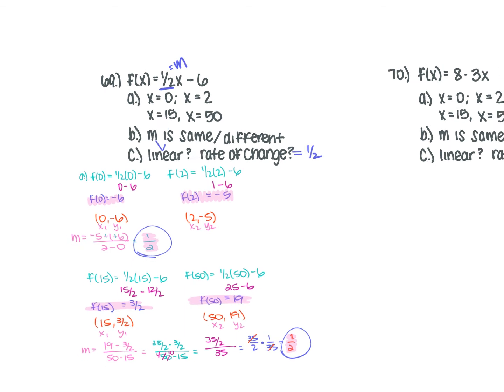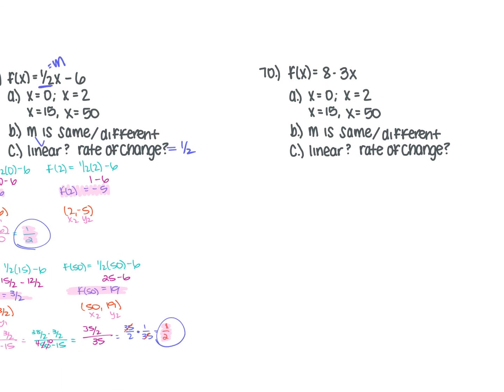For 70, it gives you the function f of x is equal to 8 minus 3x. You're doing the same exact thing that you did for the one before this. So for example A, you're finding y when x is 0 and when x is 2, then finding the average rate of change between those, then doing the same when x is 15 and x is 50. So,